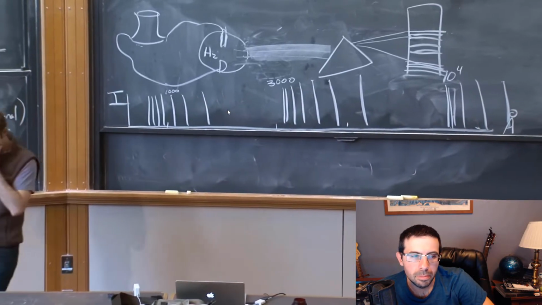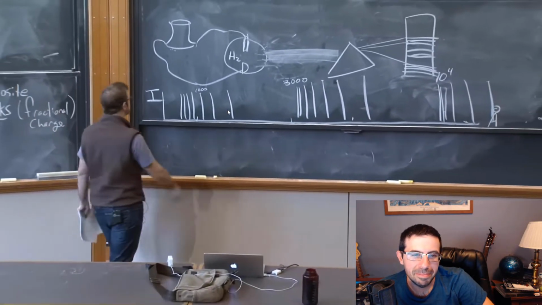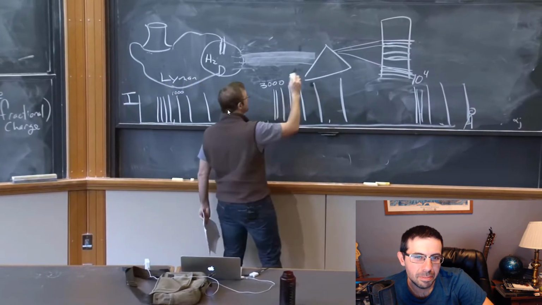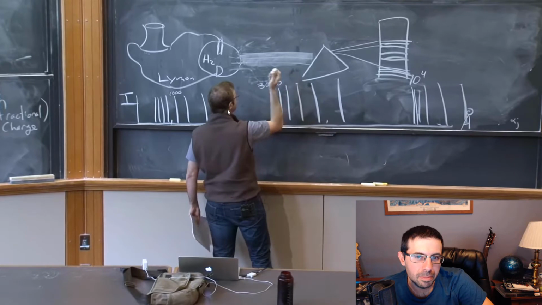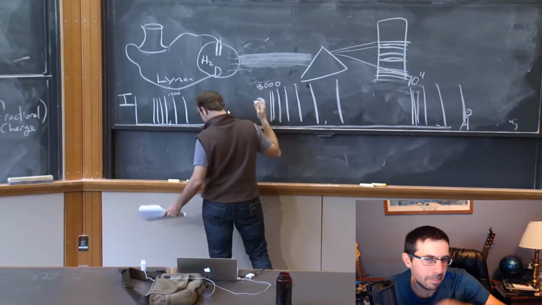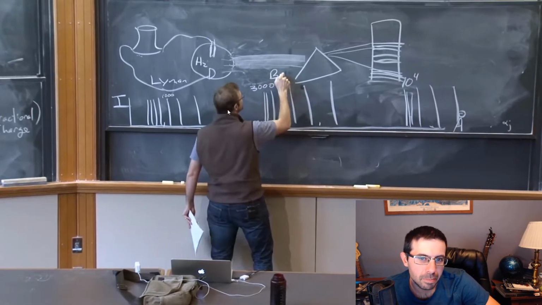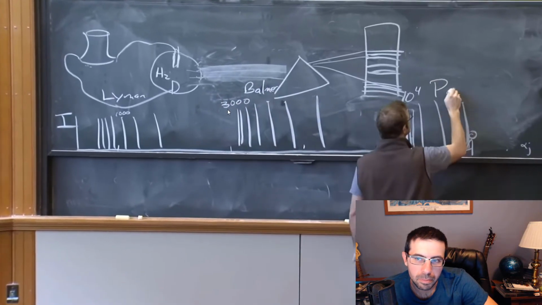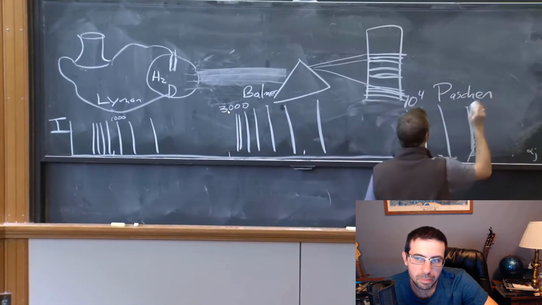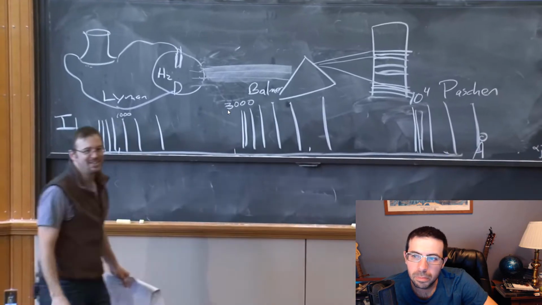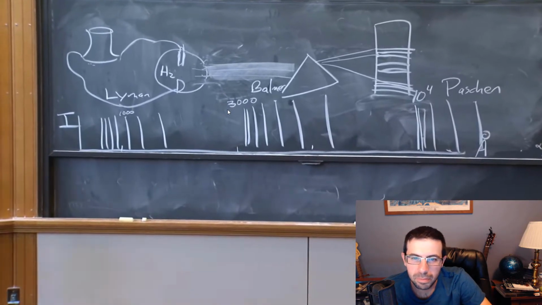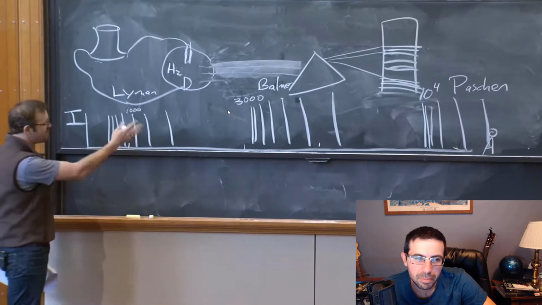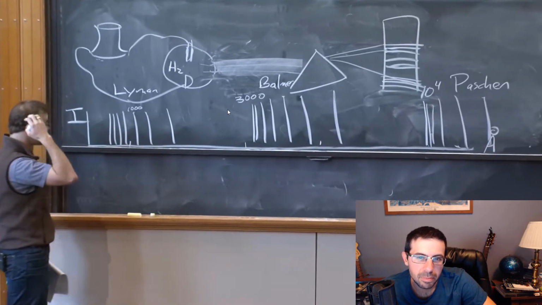And here's the interesting thing about these. The discovery of these lines, these are named after a guy named Lyman. These are named after a guy named Balmer. Thank you, Steve Ballmer. Right, Balmer. And these are Paschen, like passion fruit. Everyone needs a mnemonic, okay? So these people identified these lines and explained various things about them.